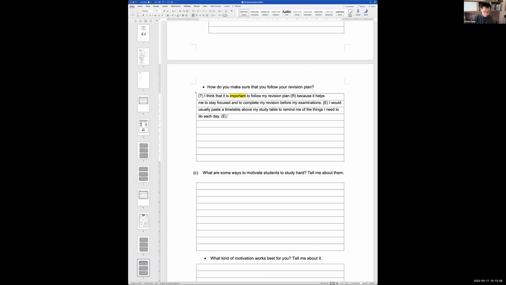So I use the SMART goal that my teacher taught me in school to set goals for myself every day. Now, notice how I'm using what we learned even during FTGP when I'm responding to my oral question,